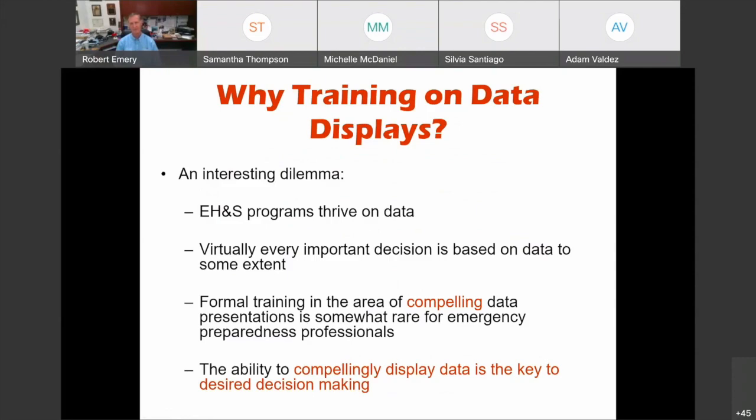We collect a lot of data on measurements, and we do inspections, and virtually every important decision we make is based on data to some extent. But what I've found in my career is that formal training in compellingly displaying your data is somewhat rare, not only for safety people but also for emergency preparedness professionals.